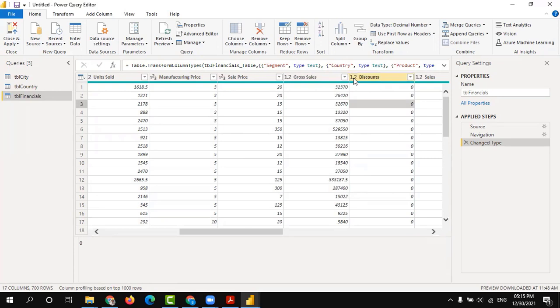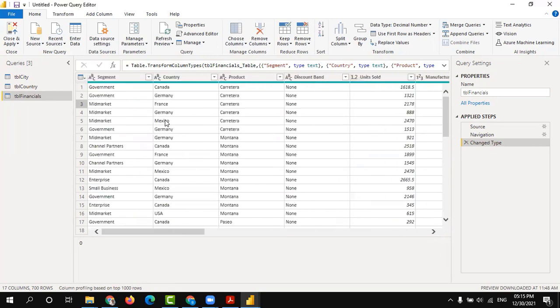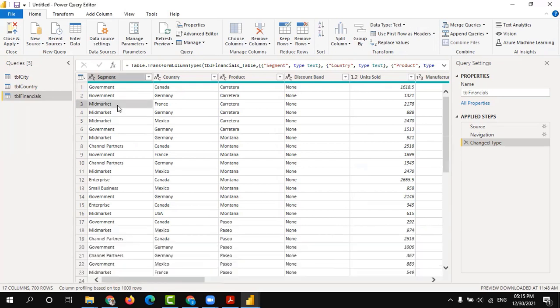Sorry to interrupt. Do we get text as well as numeric number in one cell? Yes, sometimes. Suppose here segment is there, right? Mid market 1, mid market 2, mid market 3 are there. In that case, which one do we need to select? Same, text only. Alpha and alphanumeric will be treated as text only. Okay.